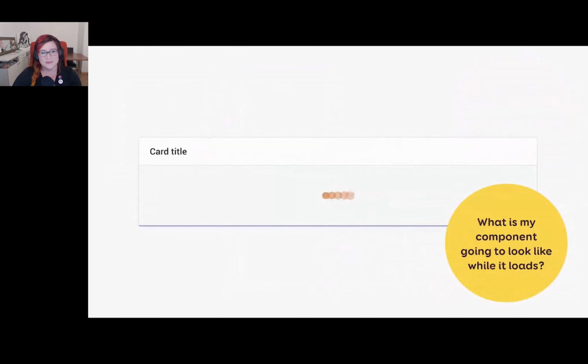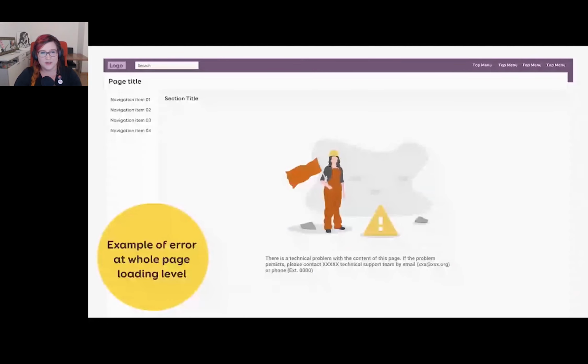So usually the first type of error I can have is at the page level. Here, for instance, what happened is that we were able to build a shell of the page, but the content didn't come because we had an API issue. So at this point, I need to tell the user, okay, it's not loading and we have a problem. Unfortunately, on my web app, there's not a lot users can do except retry or reload the page. But sometimes you can give them information about how to come back from this problem or how to retrieve it.